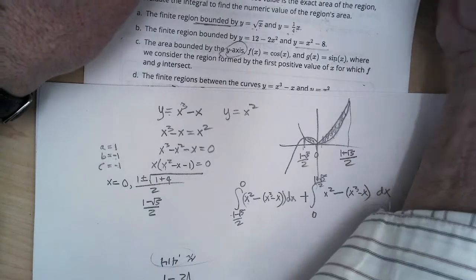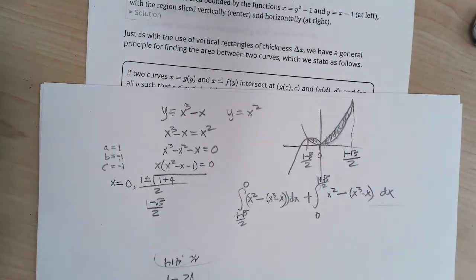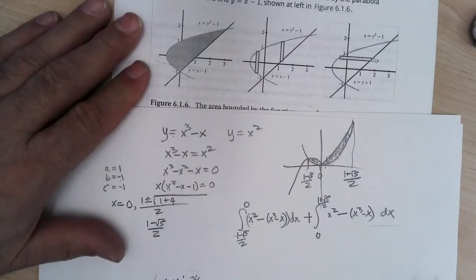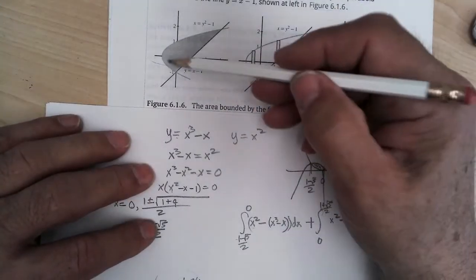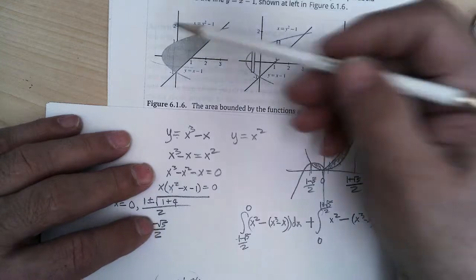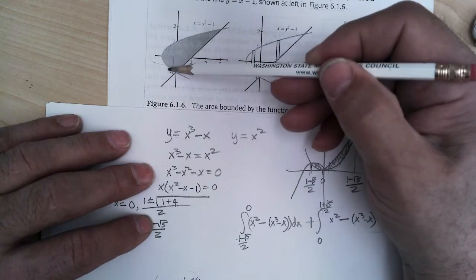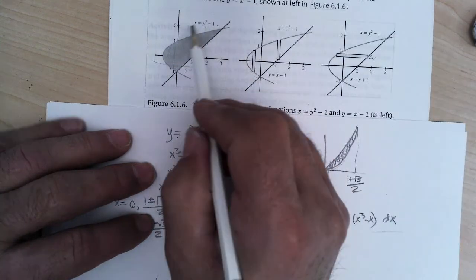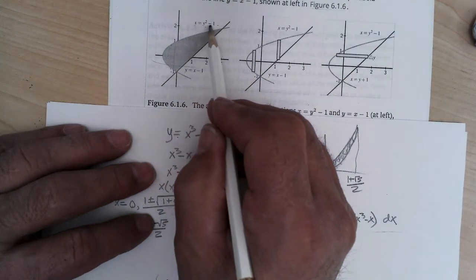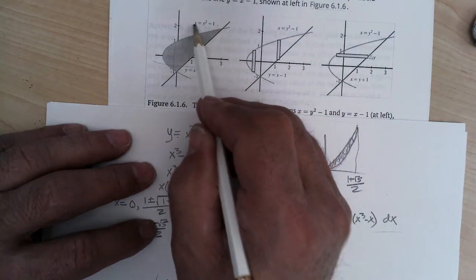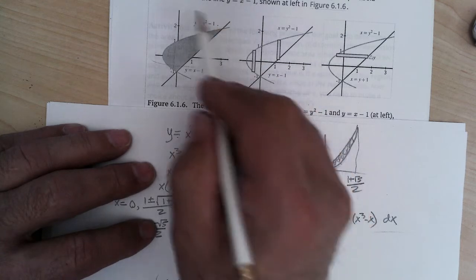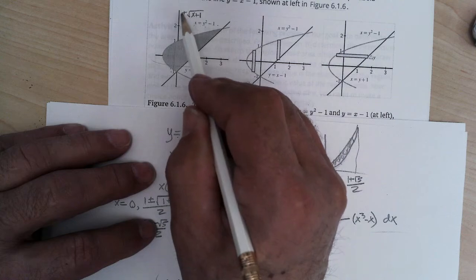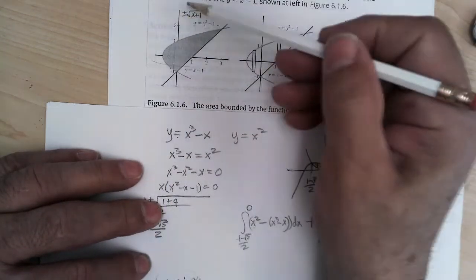which is, what if the curves are going sideways? Well, if it's going sideways and we do it vertically, then the top and the bottom are the same equation, except I'd have to solve for x. And if I take x minus y squared plus, x equals y squared minus 1 and solve for x, it'd be x plus 1 square root plus and minus. So I'd have to do the plus 1